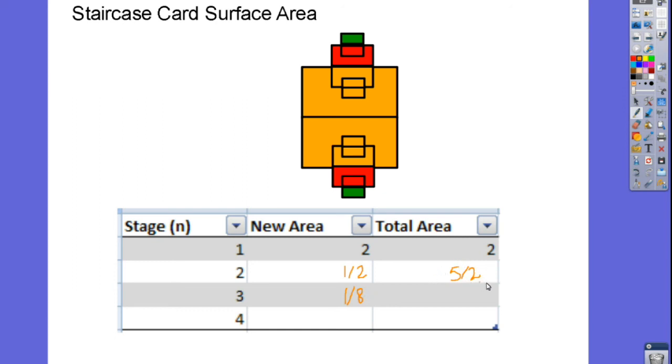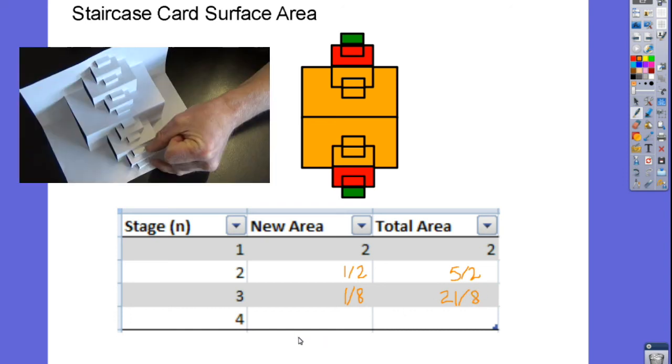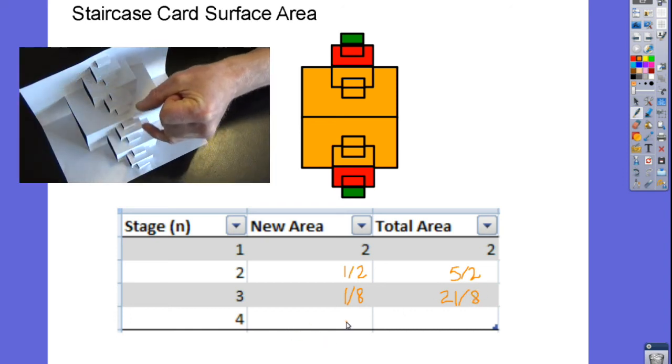We had before this 5/2. Get a common denominator: 5/2, same thing as 20/8, combined with this 1/8 of new area, says that we have 21/8 of total area at this 3rd stage. I'll leave it as an exercise for you to figure out how much new area is